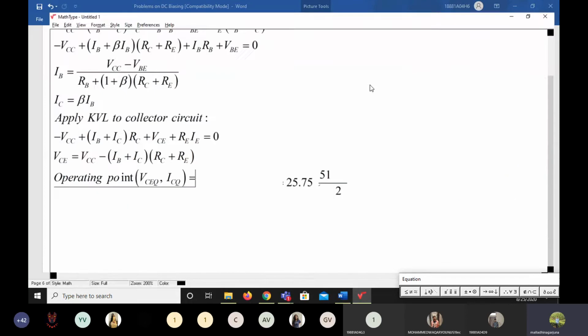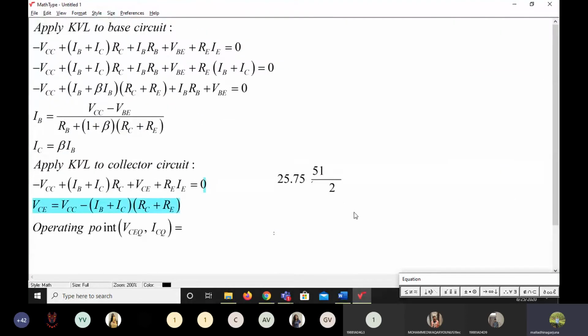You get the answer. So these are the equations for this present problem, and I'm not substituting any of the values. You take the circuit diagram, it has the resistor values RB and RC, and you substitute those values here, and you can get your operating point. The only thing is one extra component we have, that is the emitter resistor.